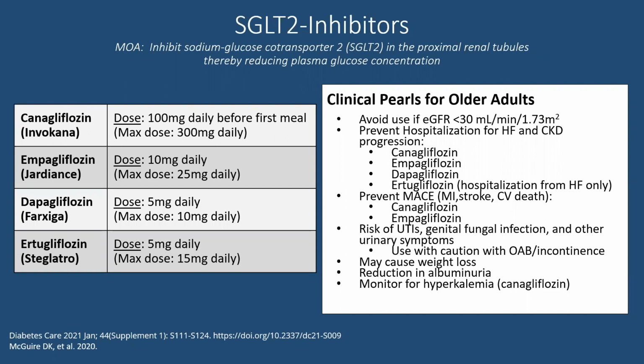This is the newest drug class that we have in managing diabetes. These drugs inhibit sodium glucose cotransporter in the proximal renal tubules, reducing plasma glucose concentration. So they work by helping excrete glucose. There are now 4 medications in this class, Invokana being the first one on the market, and then all the others kind of followed. There's a lot of buzz about these medications because